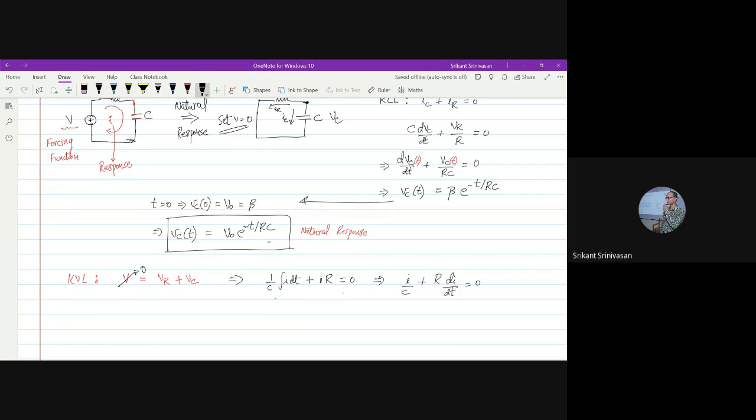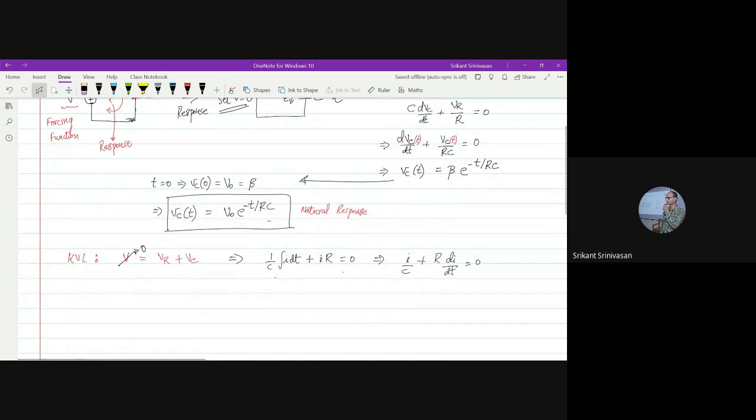And from this, I can directly guess that the answer is going to be, again, the current equation: I of t is equal to some current I naught into exponential of minus t by RC, because you can see the form over here. And what I of 0 is, we'd have to figure out. So that's basically, if you get the expression solved in terms of the KVL, then you get your answer in terms of the current. Okay.